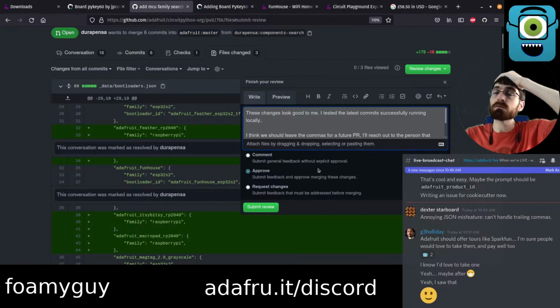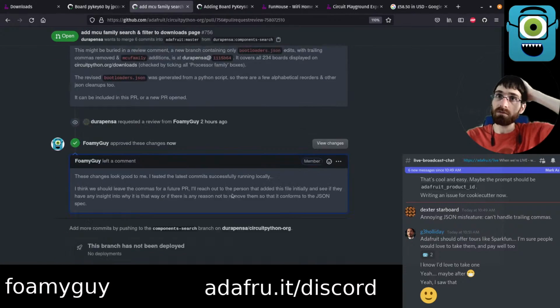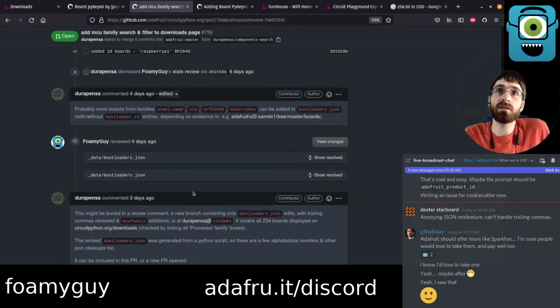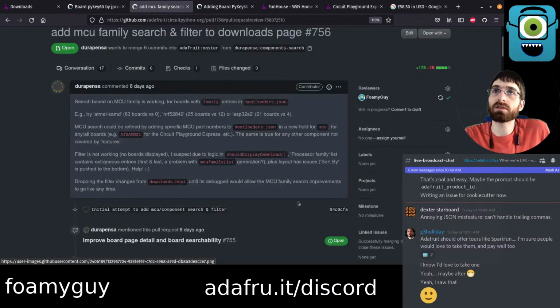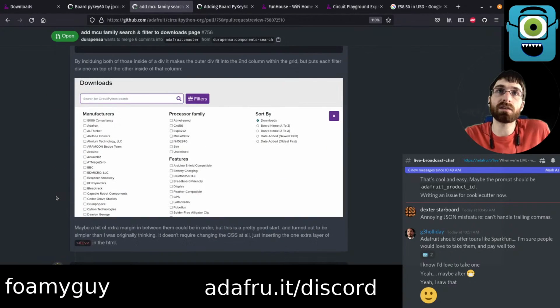Okay. So we're gonna approve this. I will not merge. Well, yeah, I guess I do have the rights to merge it, but I won't merge it for now. I don't think I've ever merged anything in CircuitPython org, and I know there's some other folks that maintain it, like